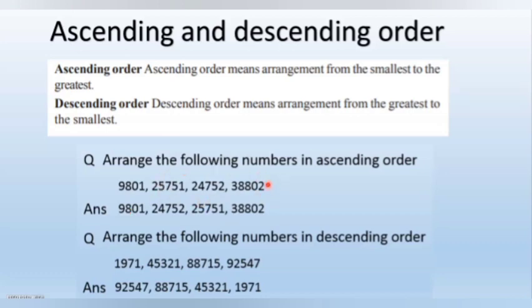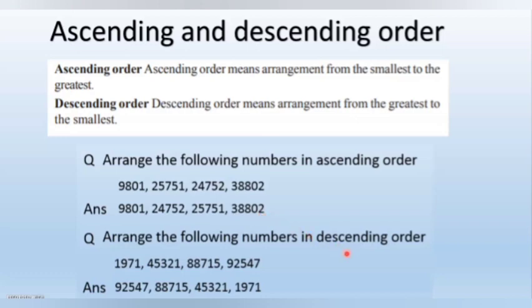Now we have to compare these 3 numbers. In these 3 numbers, all the 3 are having 5 digits, whereas these 2 are having its first digit as 2. So we have to compare among these 2. So here first digit is 2, second digit here is 5 and here it is 4. So which one is smaller? This number. So we are going to place this over here. Now these 2 numbers are left. By seeing you can say here it is 2, here it is 3. So this number will be kept next and this one at the last. We have already arranged this in ascending order.